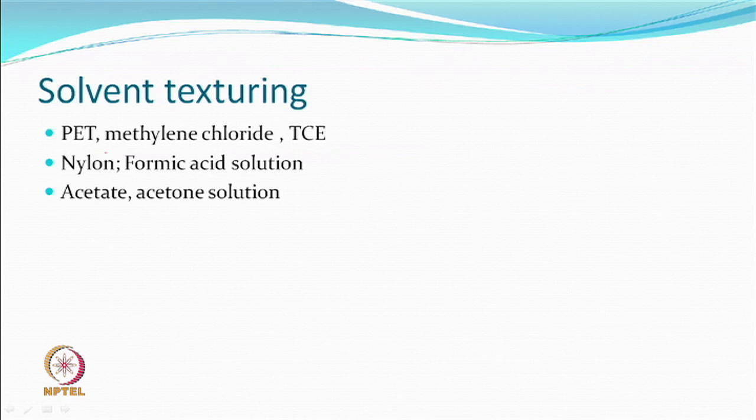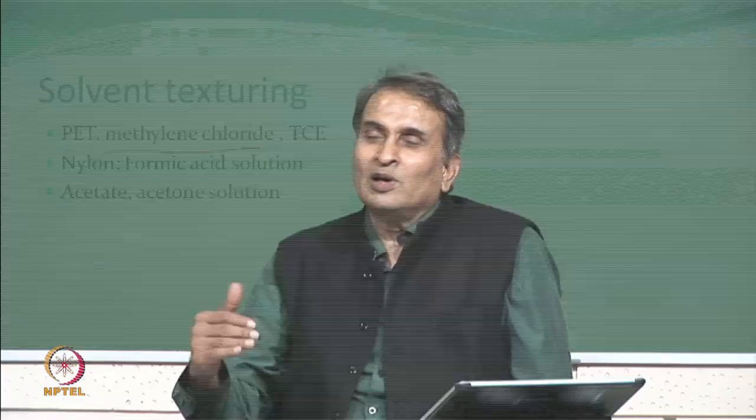For example, polyester with two solvents, one is called methylene chloride. This solvent has a boiling point which is low. So, you can't go at a temperature which is higher than the boiling point. So, you will be working at a lower temperature. Rate of setting would be lower. It is not that it is not interacting, it is interactive, but at low. So, all experiments will have to be done at low.